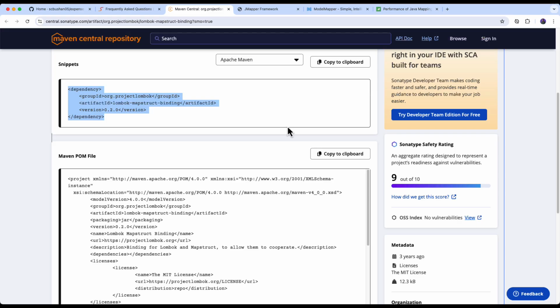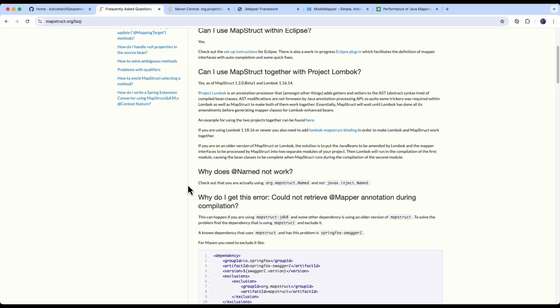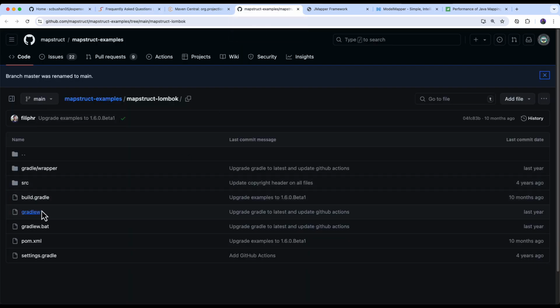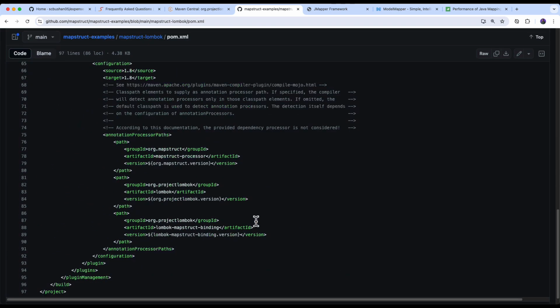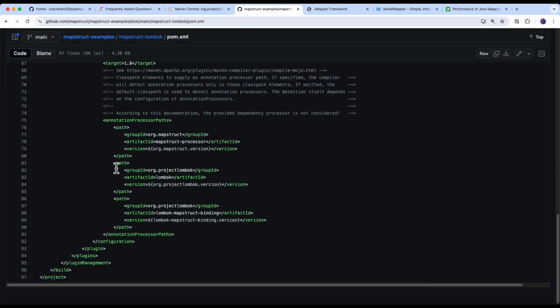Let's go back, and if you go to the FAQ section, you can see an example for using the two projects together can be found here. So let's click on this and open it in a new tab. We have a nice GitHub project for reference. So open the pom.xml, scroll down, you can see we need to add these two as well. So let's copy this